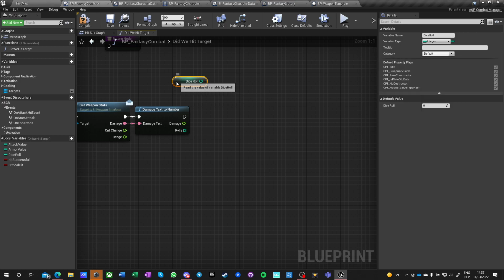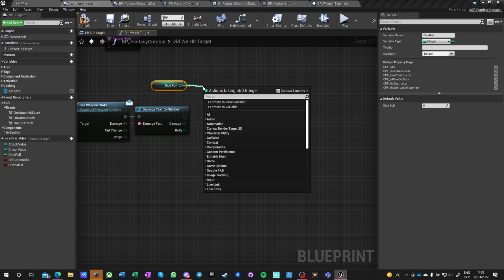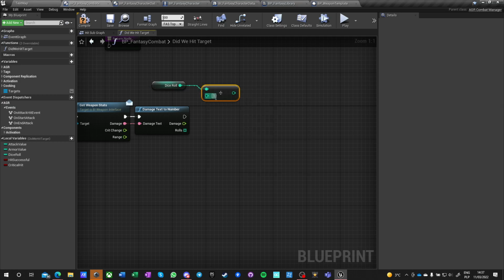And we can say dice roll divided by, no. So crit chance is, for example, 10%. So it will be 20 and 19. These are the numbers we are looking for. So if we divide the dice roll,